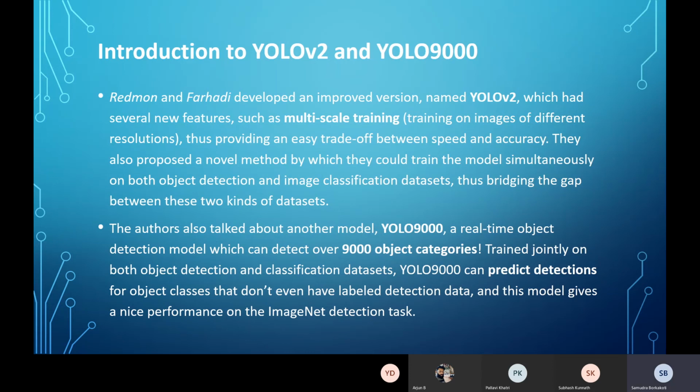But then there was also competition with other models, like RCNN kept on coming in. And there was SimpleNet and SSD also. So they had to keep up with it. During the same time, they released YOLO 9000, which had 9,000 object categories using the ImageNet dataset.